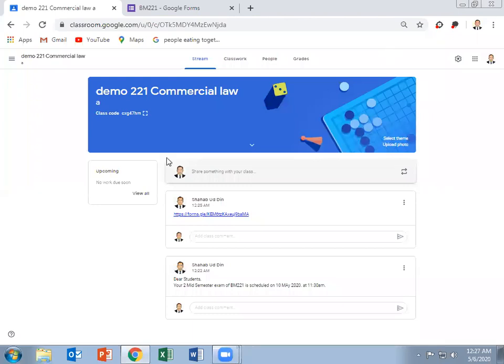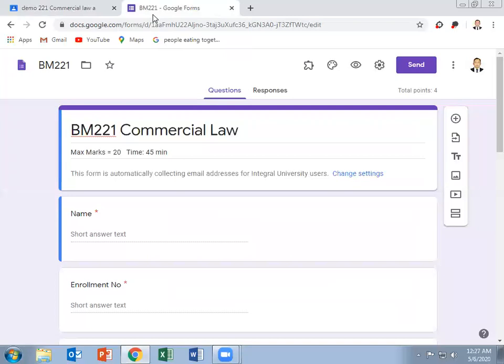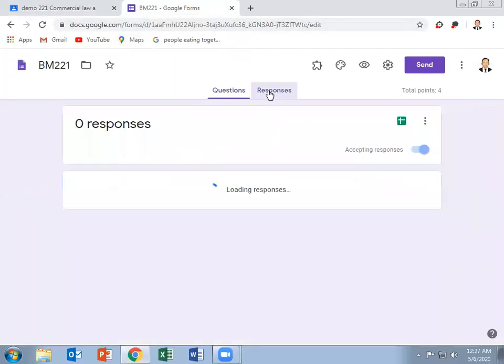This examination is for a fixed duration, so we have to stop the exam after a stipulated time that has been previously decided. Stopping the exam means we stop accepting responses from the students. Once the duration is complete, we have to stop accepting responses. For this purpose, we go to the Google Form again and go to Responses.